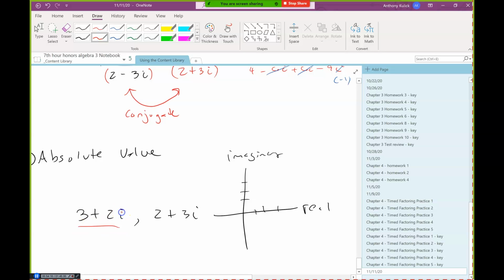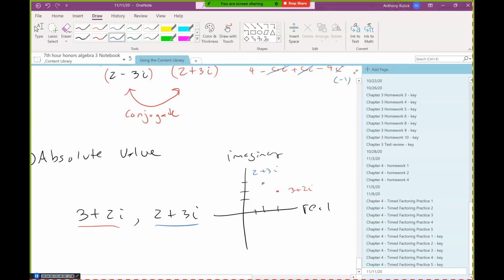So for 3, 2, we go 3 over and 2 up. And for 2, 3, we go 2 over and 3 up. Everybody okay with that notion? So instead of using a number line, we're going to use a plane. That's fine. So for complex numbers,